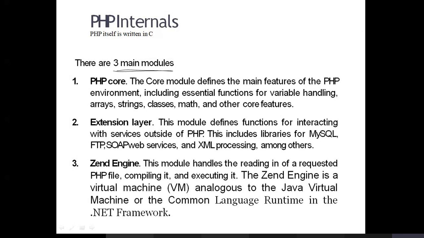The core module defines the main features of the PHP environment, including essential functions for handling arrays, strings, classes, maths, and any other features you are going to use for writing a program. All that is supported by the core module. The PHP core module performs all these operations.